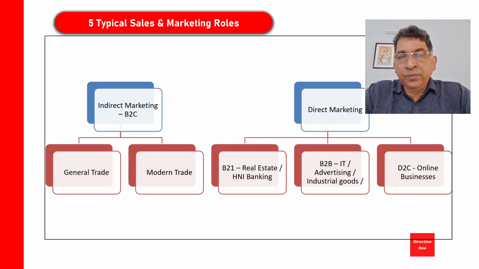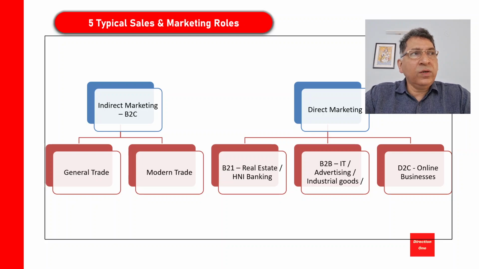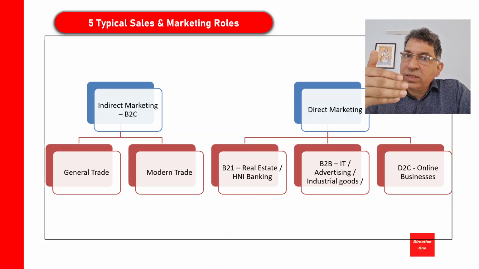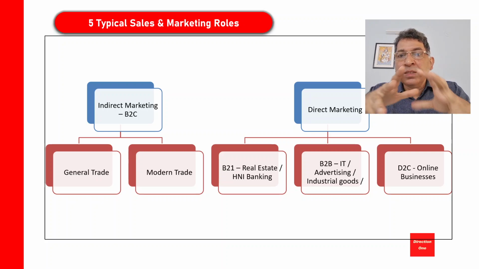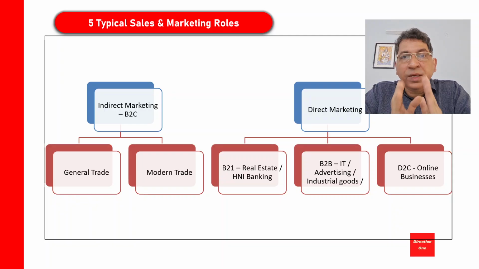All right. Now, what all comes under B2B? So you've got all software which comes under B2B. You've got IT, you've got advertising. So McCann Erickson, any media company will sell to an organization its products and services. The organization is buying it for its own use. All industrial goods, whether I'm selling a forklift, a piece of machinery, textile machinery, or cement equipment to a large cement plant, or I'm selling electrical products as a Legrand or a Schneider. This is all coming under the gamut of B2B direct marketing.